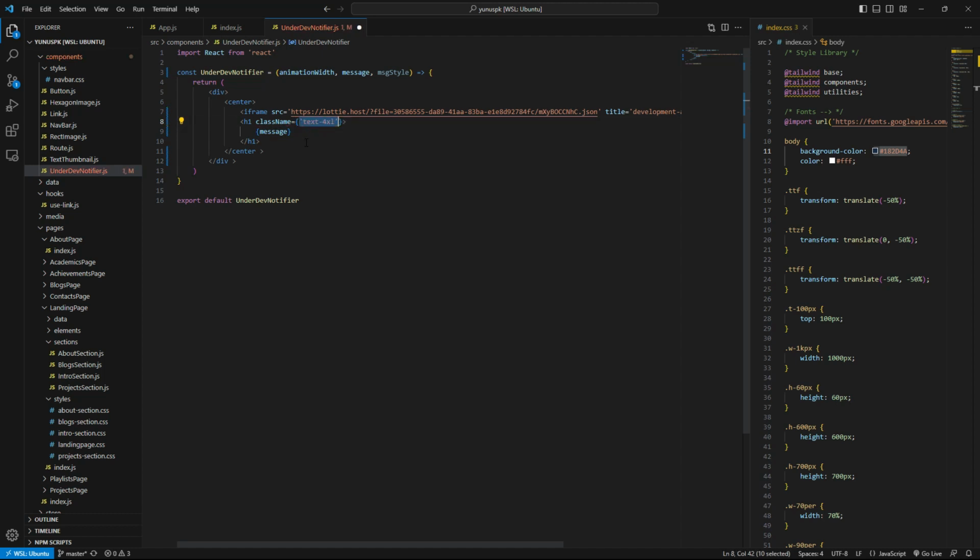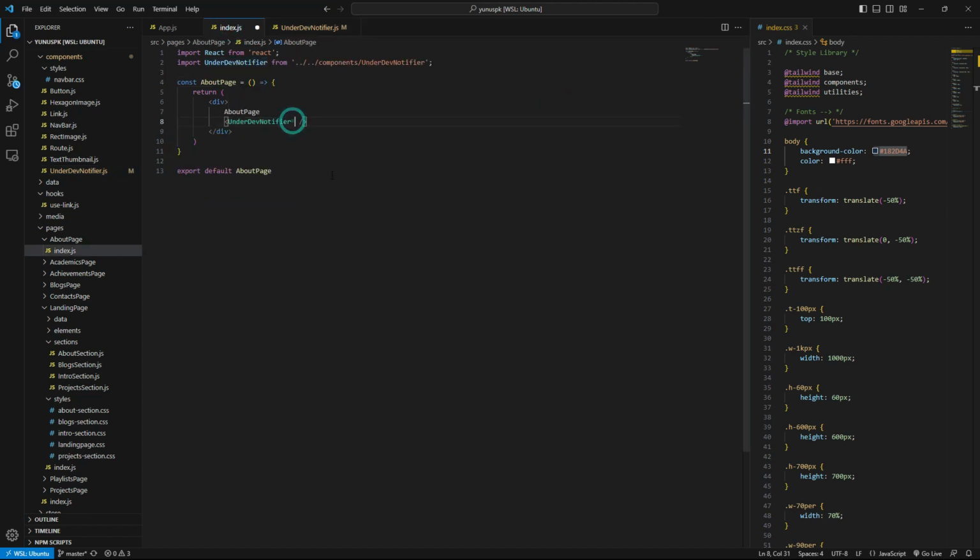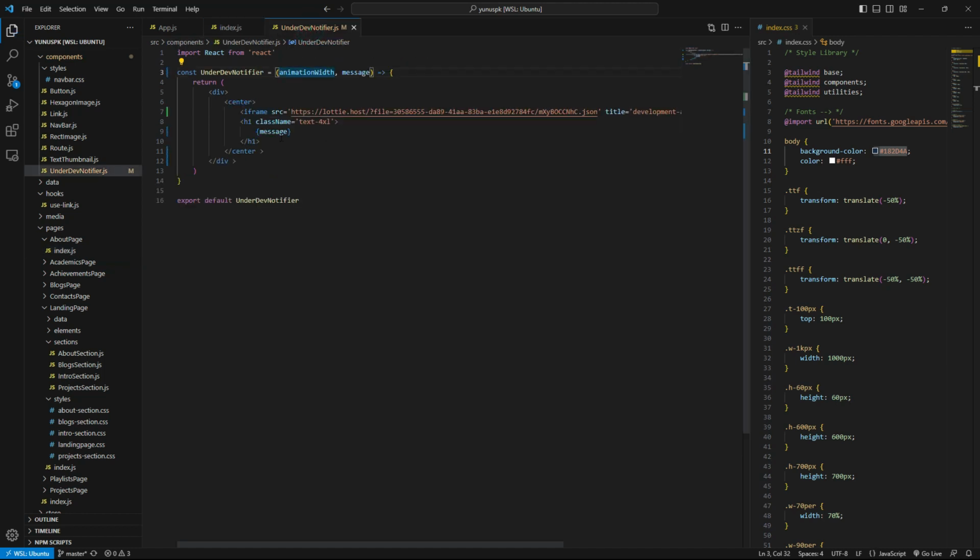But okay, there's no point. Just get the message and the animation width. Also, this is an under construction page. Why do we need that as well? Come on, animation width, nothing else. We're gonna have that message here.